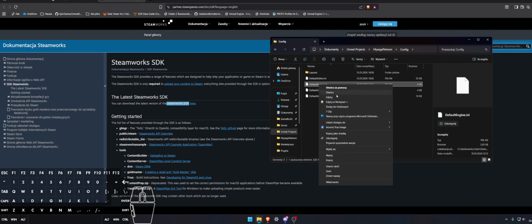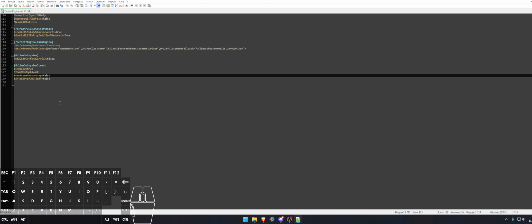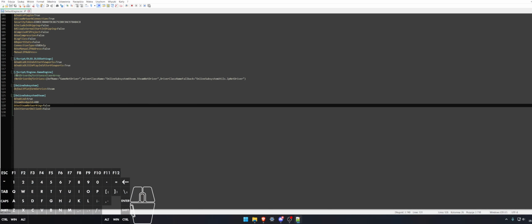Then the next part is to configure DefaultEngine. You need to add those lines for the driver. As I said, the Steam package seems like it doesn't work in that version. I don't know how to fix that. I spent like 5 days trying to figure it out, but I wasn't able to run on Steam. Maybe it needs